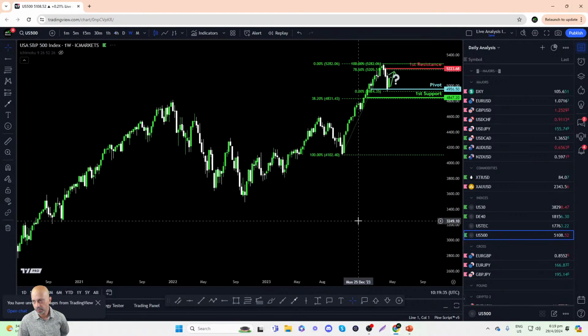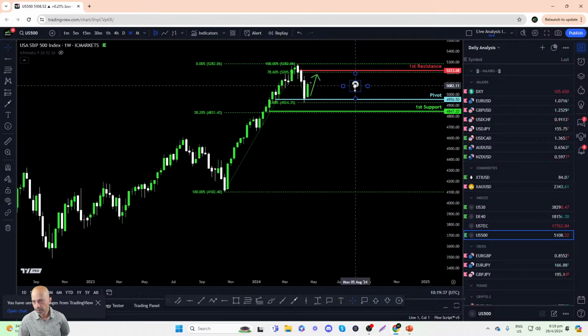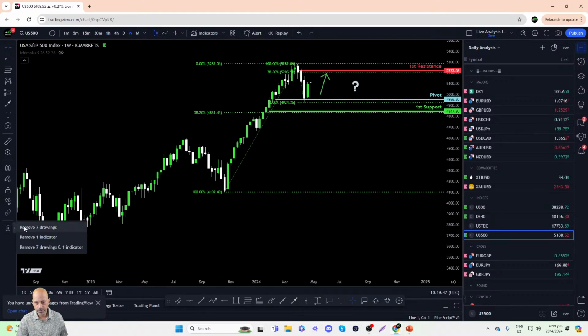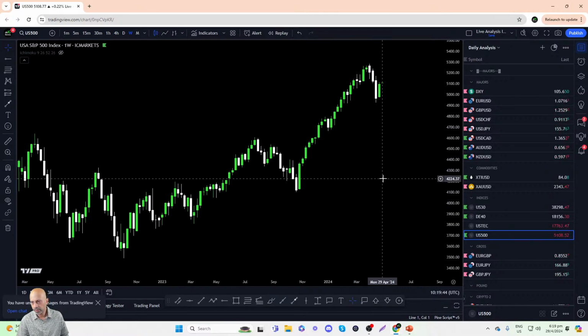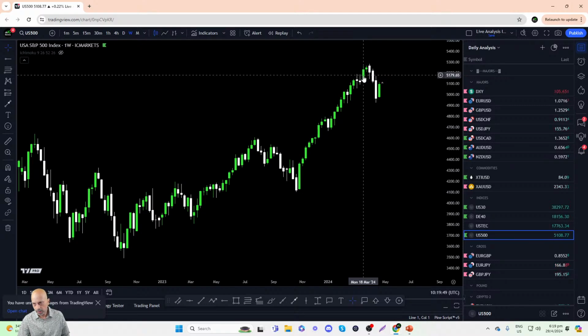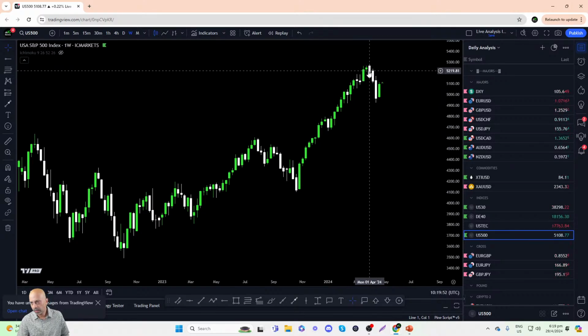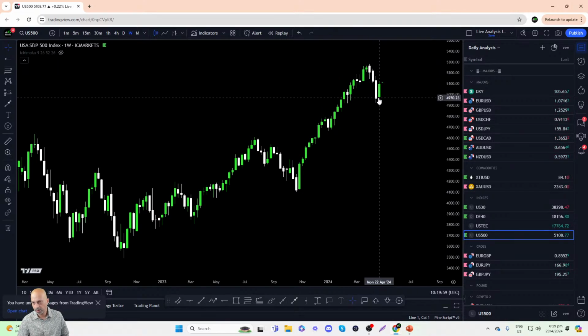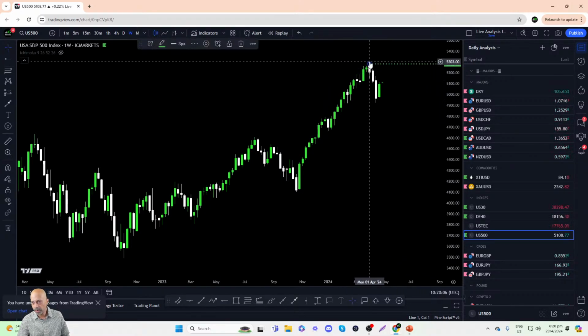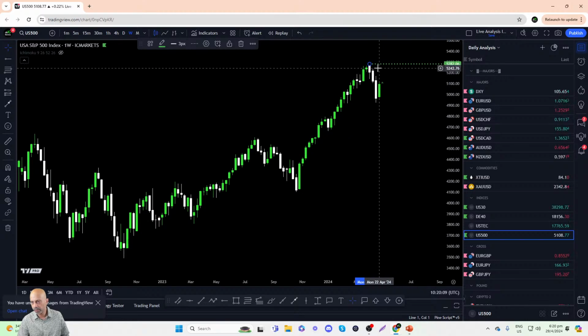Let's start the analysis on the weekly time frame. Maybe let's start from a fresh page. You can see here, since October 2023, the US 500 has been in a strong uptrend. However, since the beginning of April, it has corrected quite strongly, falling sharply over a period of 3 weeks, but it reversed in mid-April to bounce higher. The all-time high is here at 5,282.